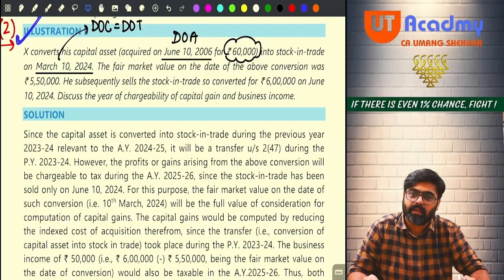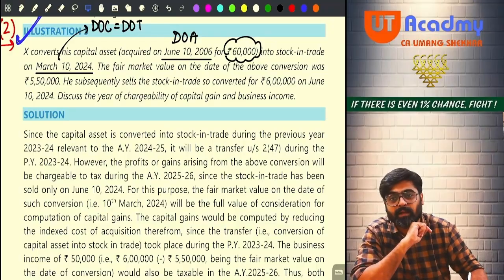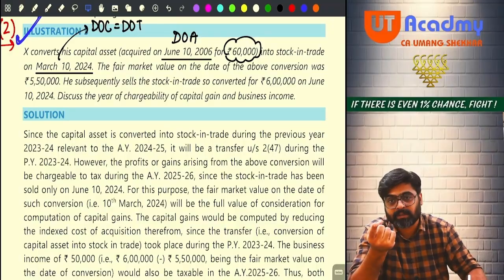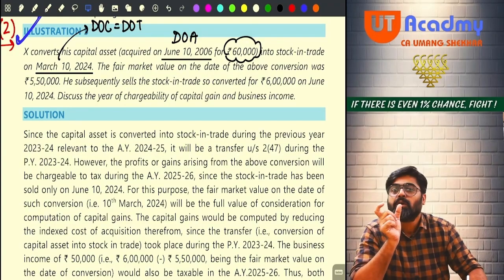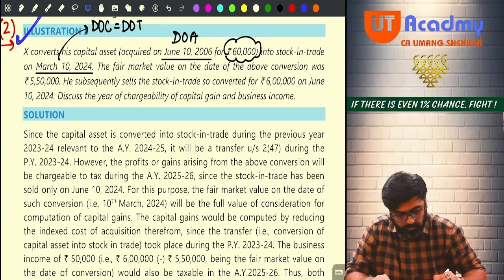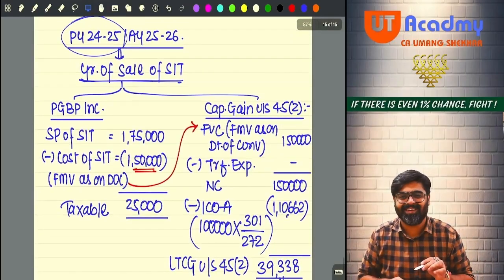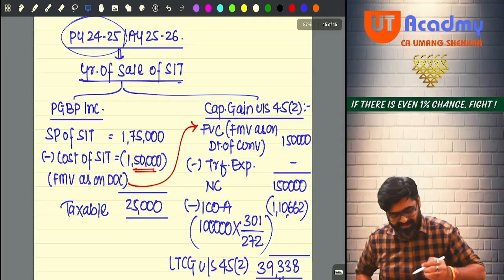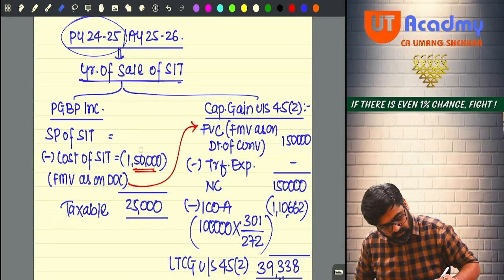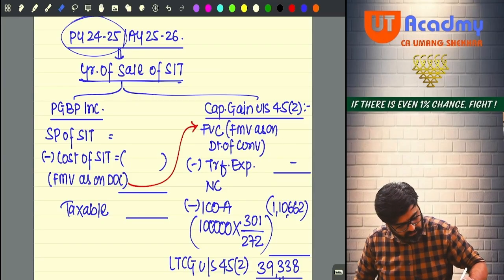That's it. But if it is written here that we must also find the amount of those capital gain and PGBP income, then we will have to go one step ahead and calculate. Yes or no? So in your question, write down if it also asks to compute the amount of taxable business income and capital gains. Now we are going to calculate that also. Okay, so pay attention. Same thing, can you see here? What I will do is remove the unnecessary things. Okay, sir?